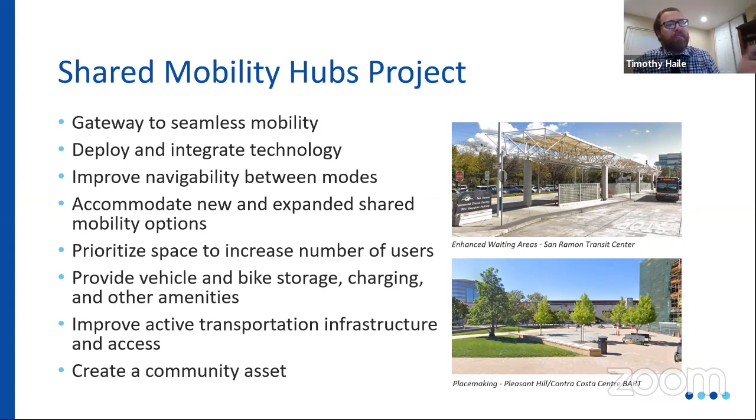And so this is a very good project for eligibility for grant funding. It's all about shared mobility and active transportation. And the other thing about these Share Mobility Hubs is we want them to be a community asset. We want them to be places to go, such as the Pleasant Hill BART station, where you have food trucks on Thursday. So these Share Mobility Hubs are supposed to be spread throughout the neighborhoods in a network